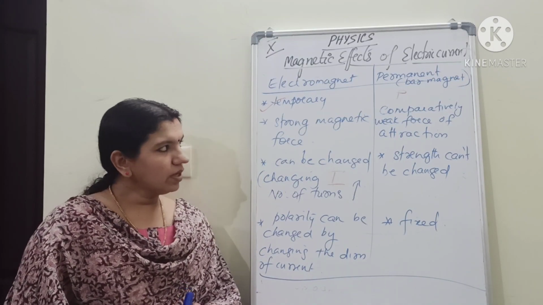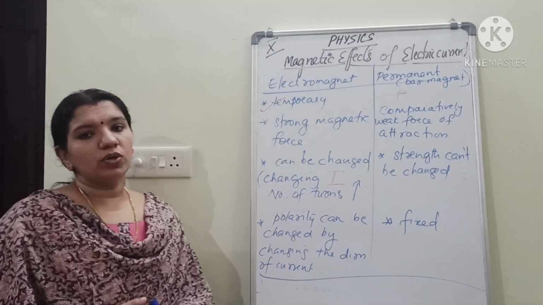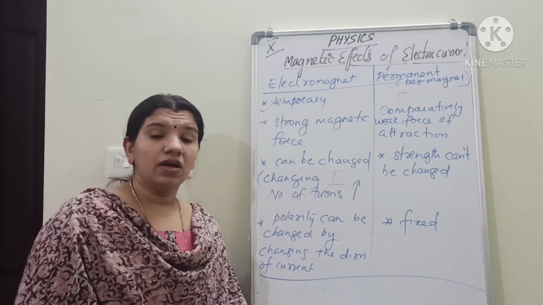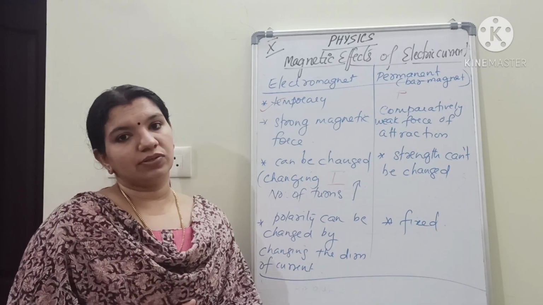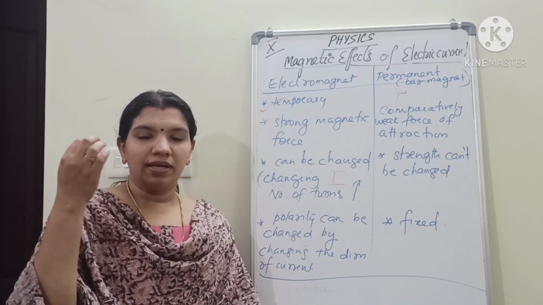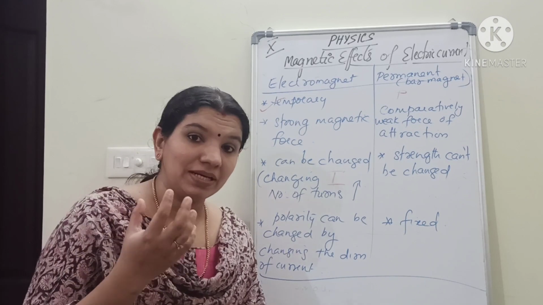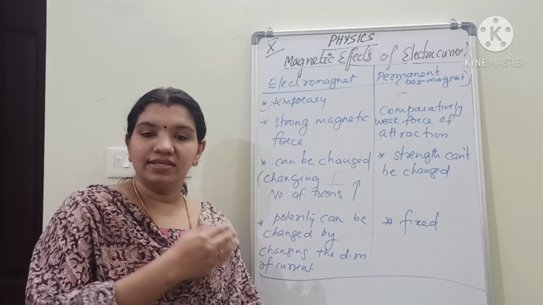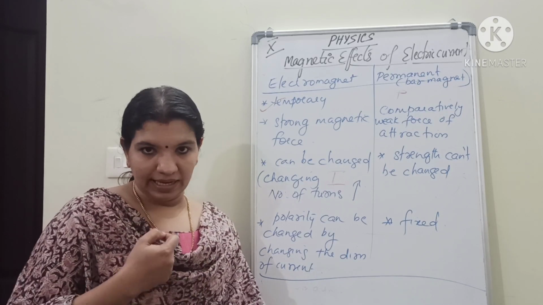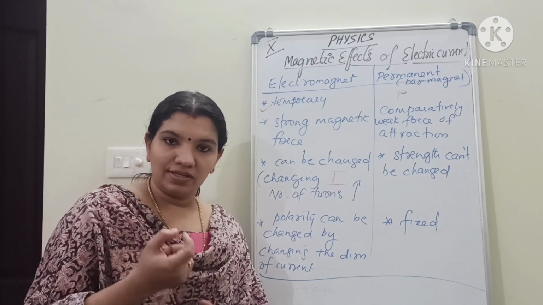Clear? Now, when we explain the uses of electromagnets in hospitals, normally doctors use an electromagnet to take out iron or steel pieces. If one has passed into a patient's eye, the electromagnet can be used to take it off. So that is one use.